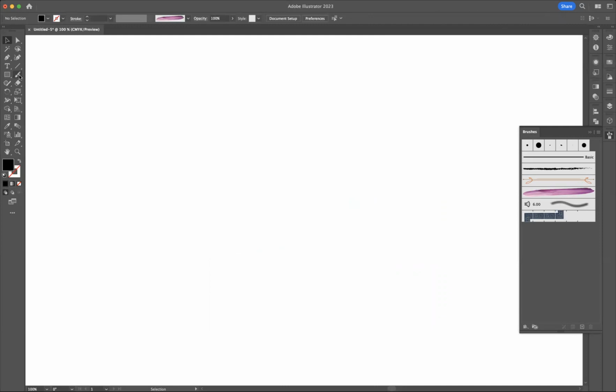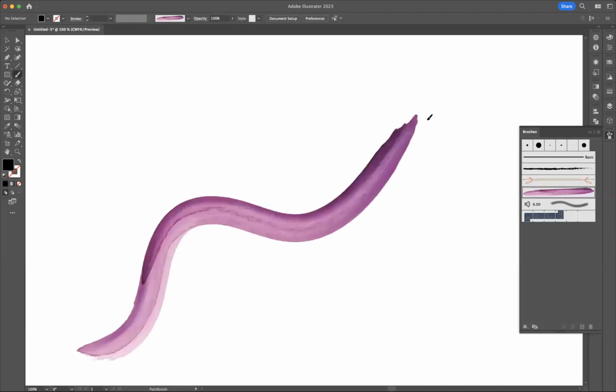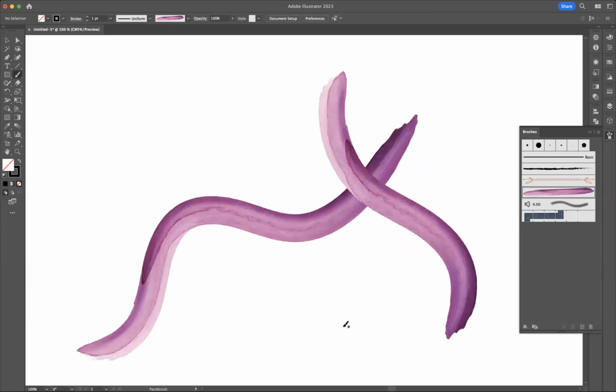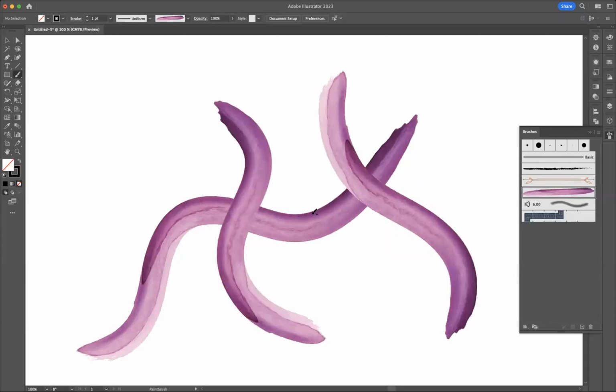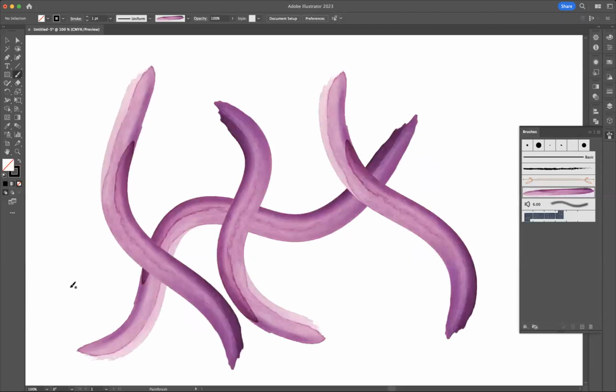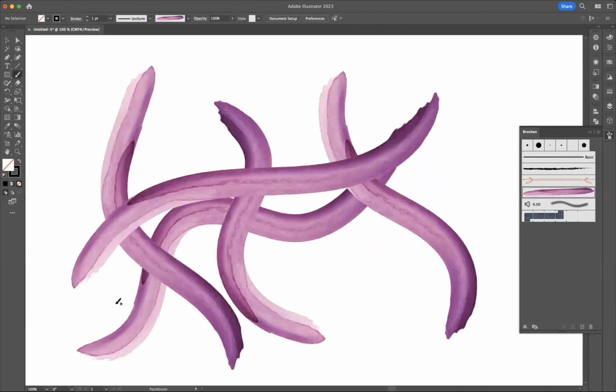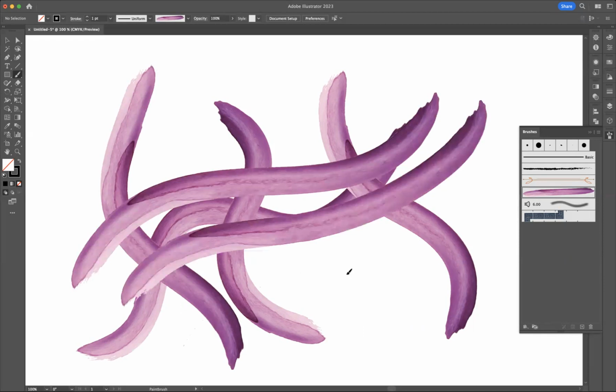let's use our Brush tool here. Make sure that we have that selected, and I'm going to create a brush stroke like so. As you can see, it stretches to fit your stroke length. Really cool elements that you could add